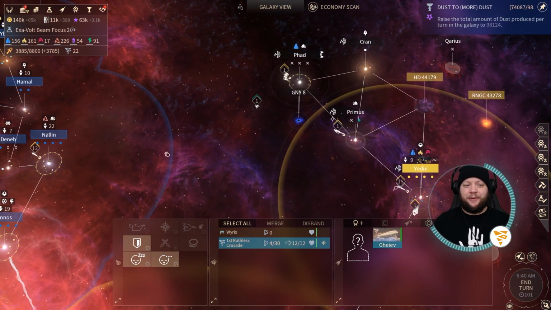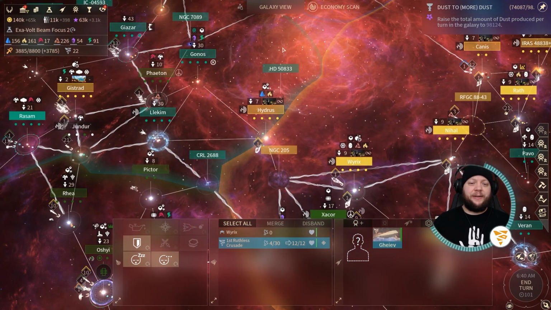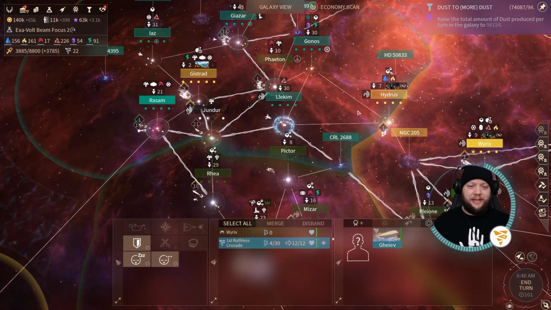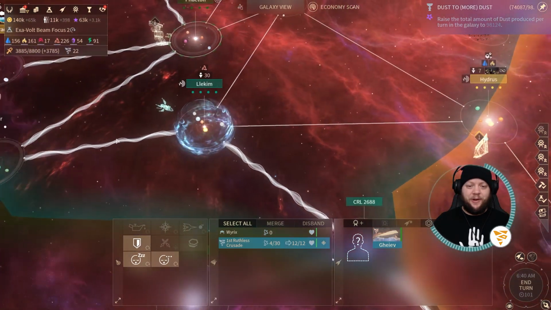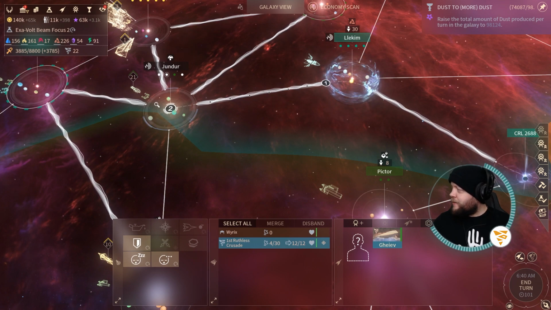Well, we're definitely not going to Primus with it. Oh, I think we were going to send it over and try to take a Sophon system when we were at war with them, but now that's not so much... Oh, Junder. Junder's a thing. Although now it looks like the Riftborn have also settled there. I wonder if we can...